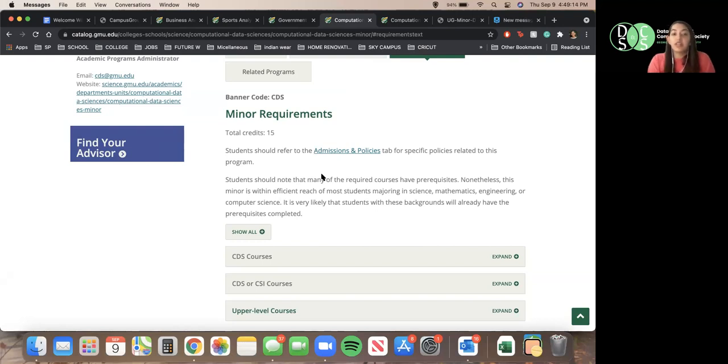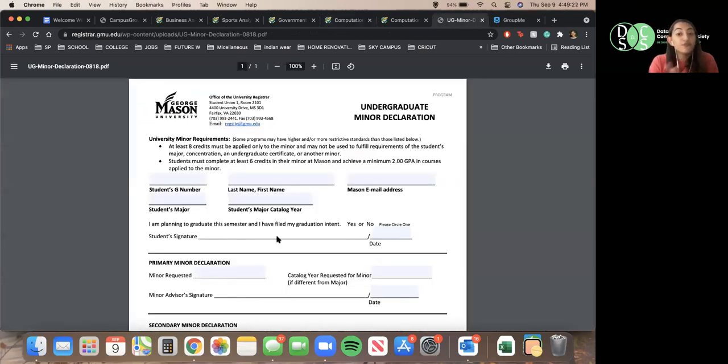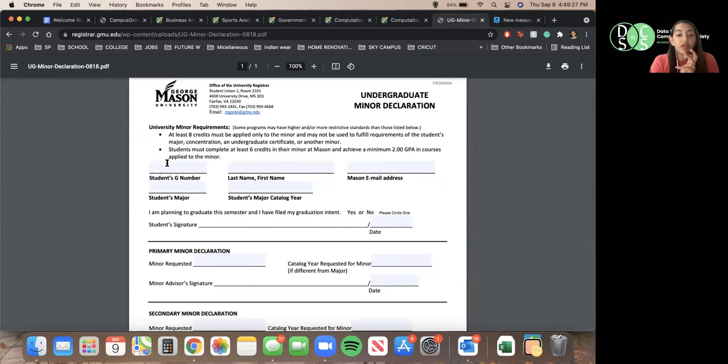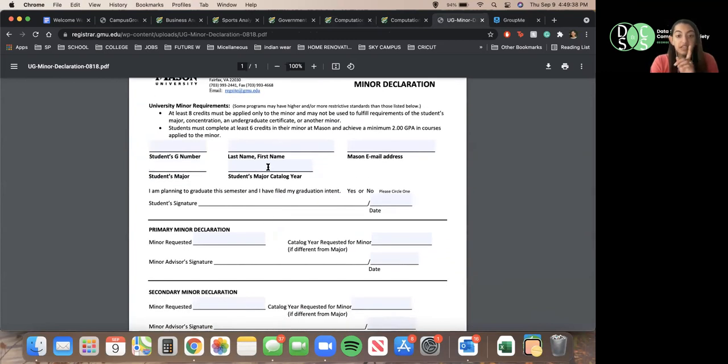If you would like to apply for a minor, there is a form that you do have to fill out, which is this form. If you can see here, you have to fill out your G number, your last name, first name, and your Mason email, the major that you are taking, and especially the catalog year that you, I believe, are in right now. I am not entirely sure. Just double check with, I believe your,